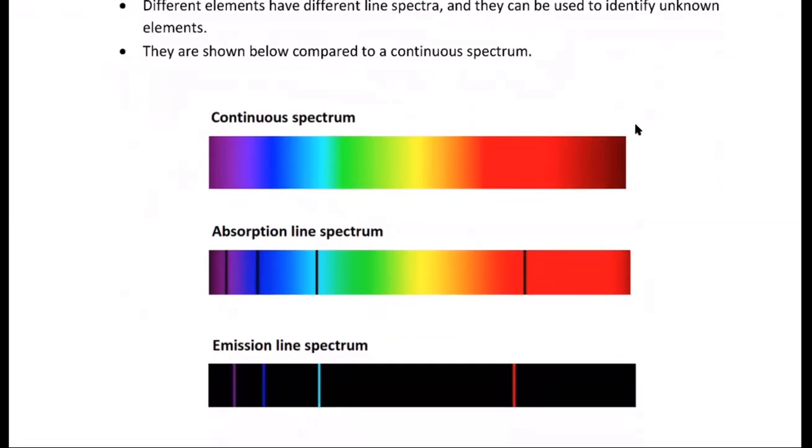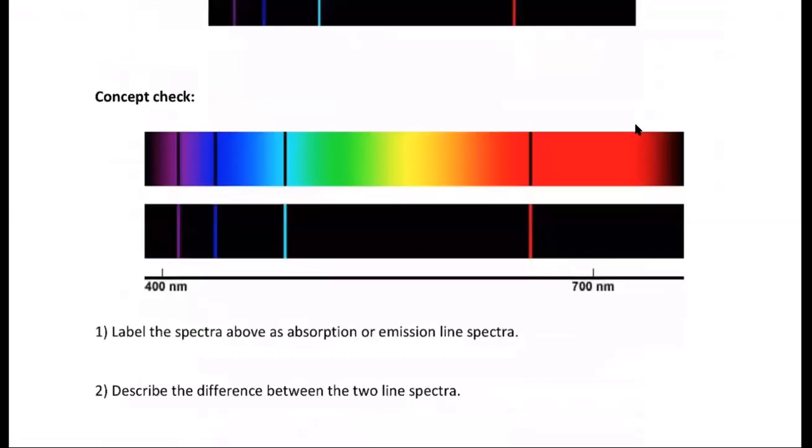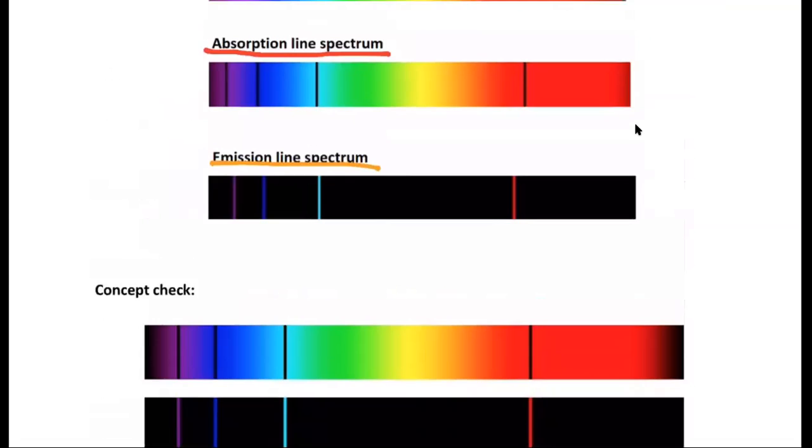So it all relates to their atomic structure, because it relates to where their electrons are located in the atom, what energy levels they are on, and what energy levels they jump up to when they get excited, and then fall back down to. And so this first one here is an absorption line spectrum. The second one is an emission line spectrum, okay? And so the difference here, okay,